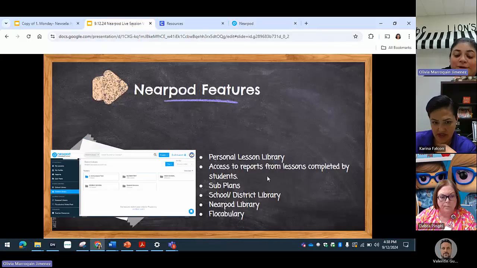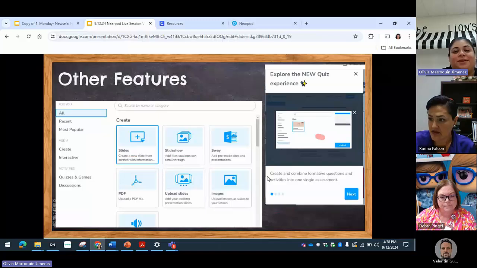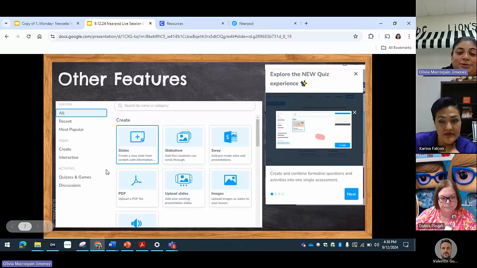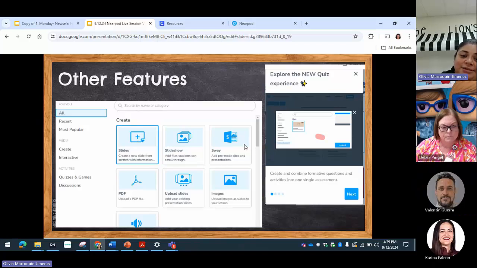One of the components in the lessons is the availability for quizzes. So you are able to check the student's understanding, and those would be available once you select your lesson and you download it and you're able to edit, and you can add them there, and you can also create your own slides, a slideshow, different things such as